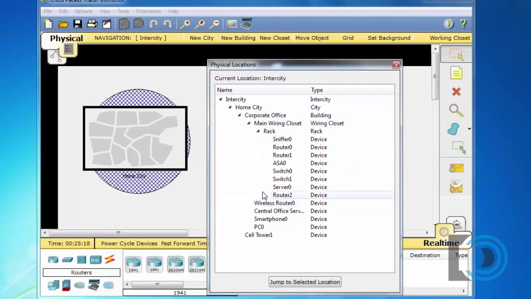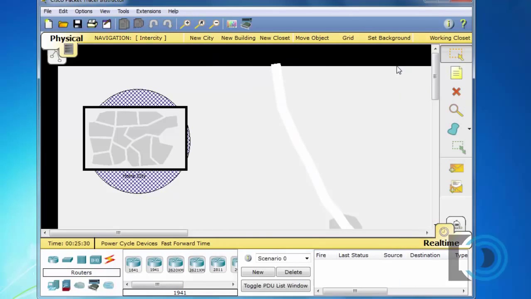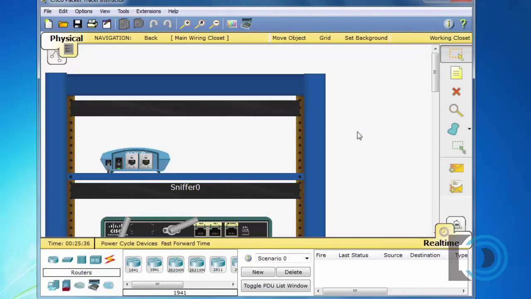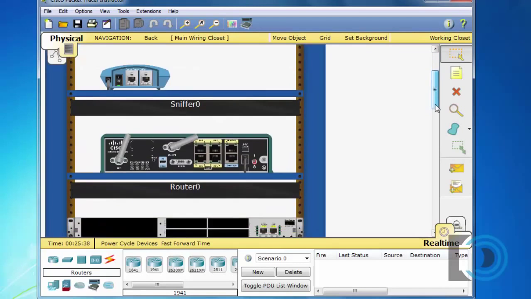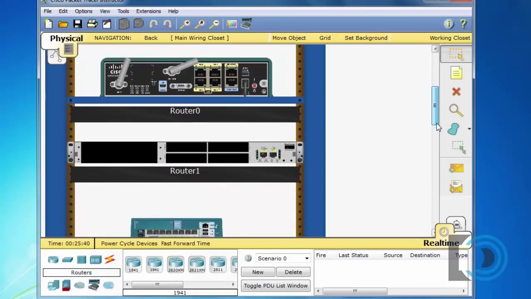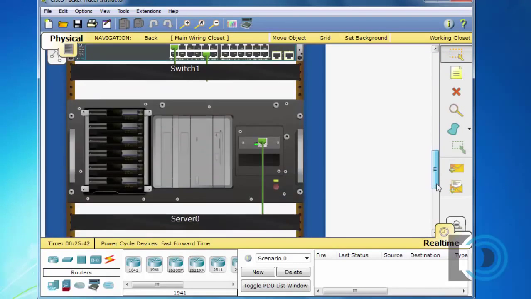I'll open up this window, and you can see here inner city, home city, main wiring closet, and then the rack, and then I can jump to any of these places by selecting it and then clicking jump to selected location. I can also just use this bar right here, and I'll go right to the working closet here, and it takes me into my rack, and there are the devices that I've put into Packet Tracer,